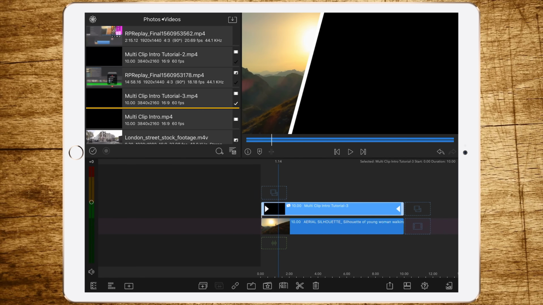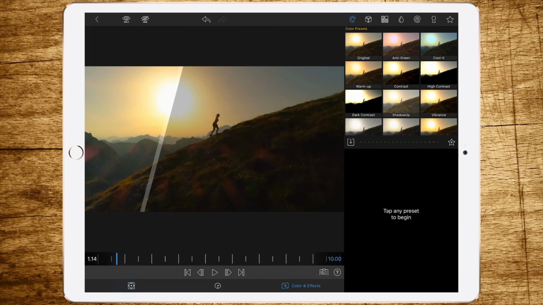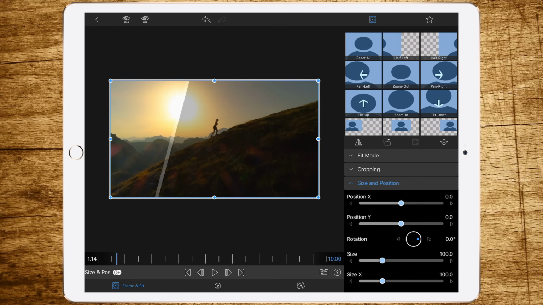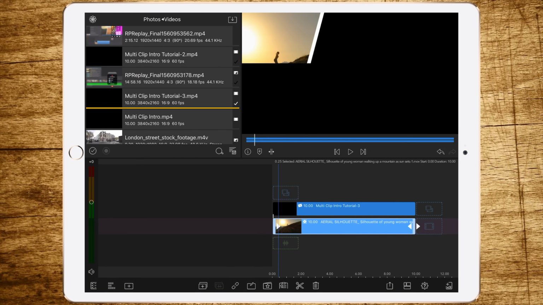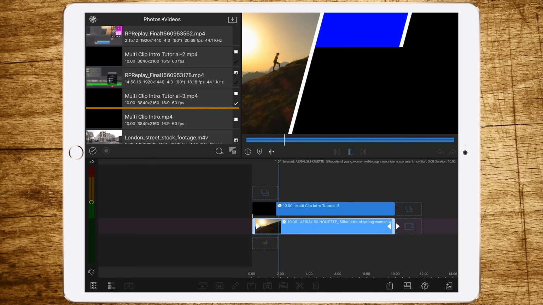As you can see right now, the clip beneath shows the wrong part of the clip, not the interesting one. To fix this, go to Frame and Fit and just change the position so it's showing a more interesting part.